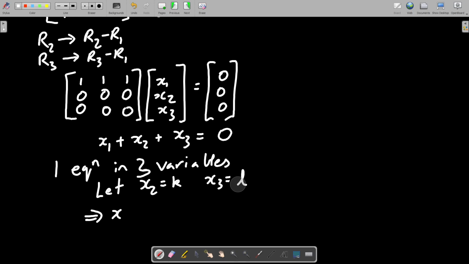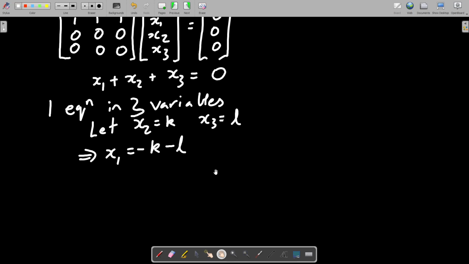This implies that x1 is equal to minus k minus l. So this will mean that the required vector will be